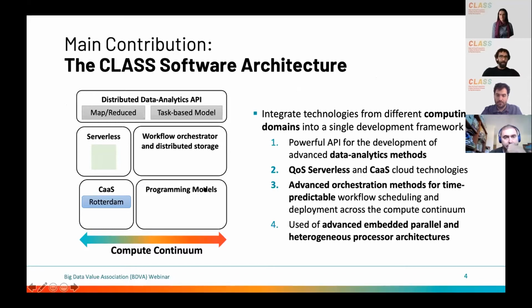And here I see, I don't know why, there should appear some of the logos of the tools that we are using, but they are not appearing. I don't know why. I hope that during the next presentations you will be able to see the type of